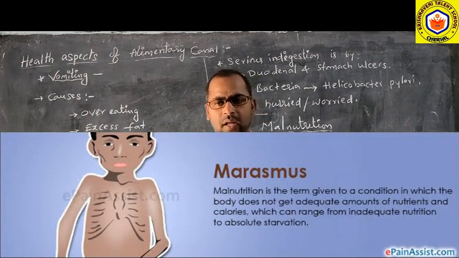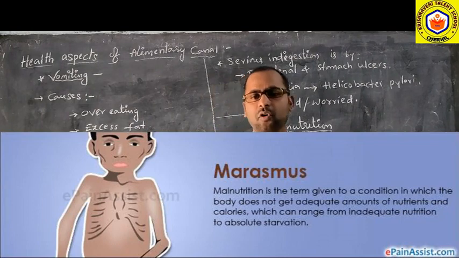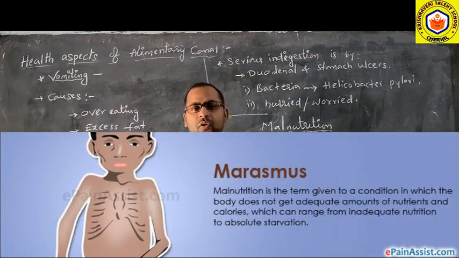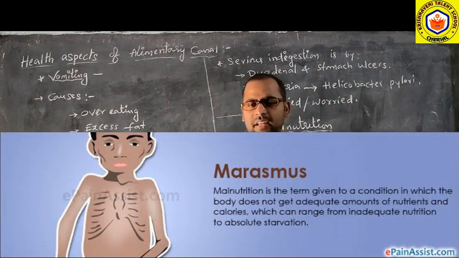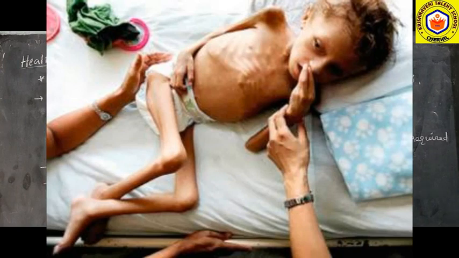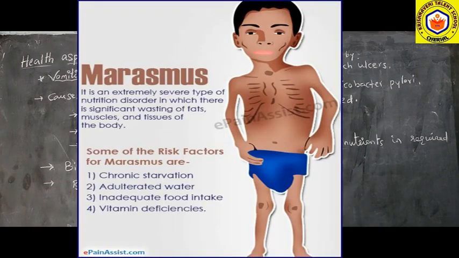Okay, so they do not have proper carbohydrates, fats and proteins. They do not have any type of nutrients, so that leads to a weak body and very weak bones. The symptoms of this disease are that the children are lean and weak, with less developed muscles, dry skin, diarrhea, etc.